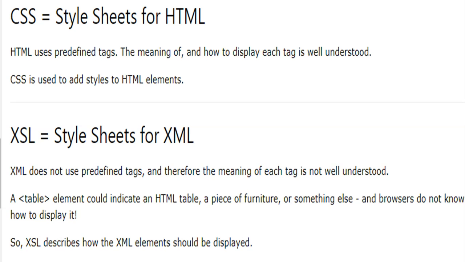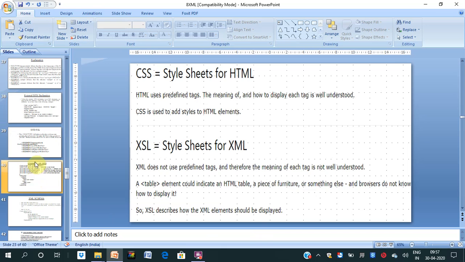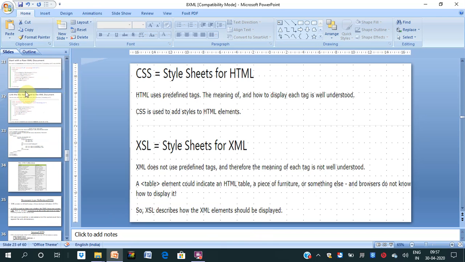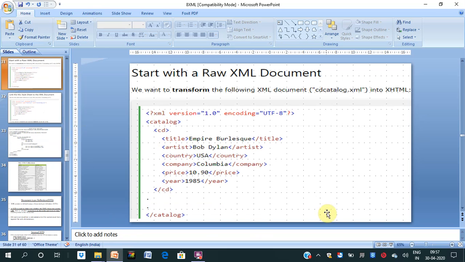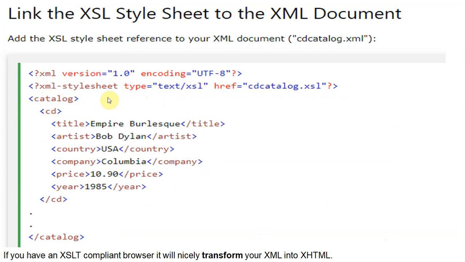So you can see here in this program, this is the basic XML file, and we haven't added any XSL file, but now we are adding one XSL sheet.